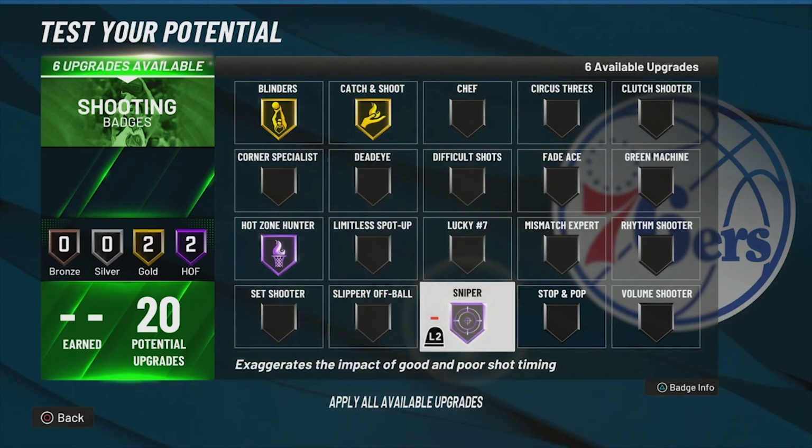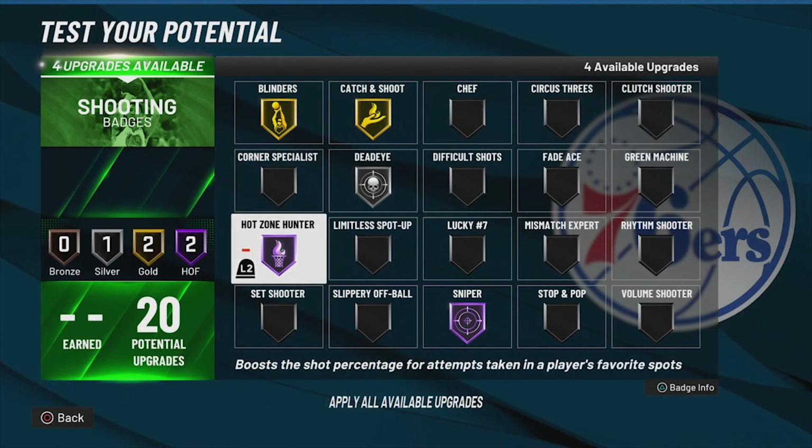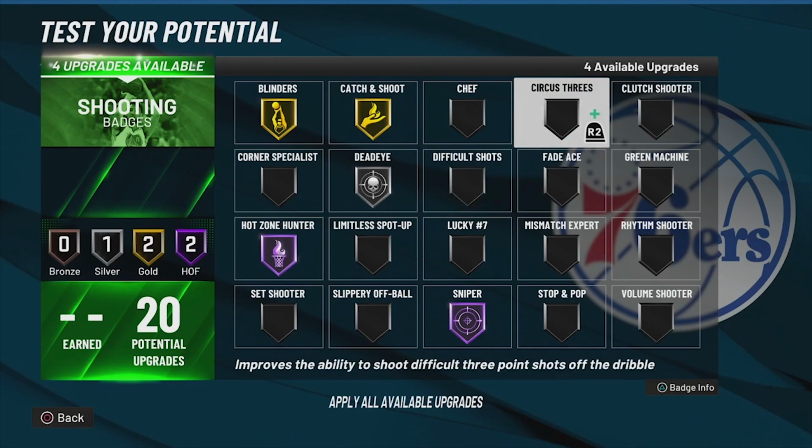Sniper, until they patch that, sniper is a badge that you need. We're gonna go with a little bit of Deadeye, and then let's see, what else can we use here? All right, so the higher overall that you become, the more you're going to be willing to do step backs and all that other stuff, especially if you're choosing the shot create and take. If you're choosing the shot create and take, then you guys can go ahead and start